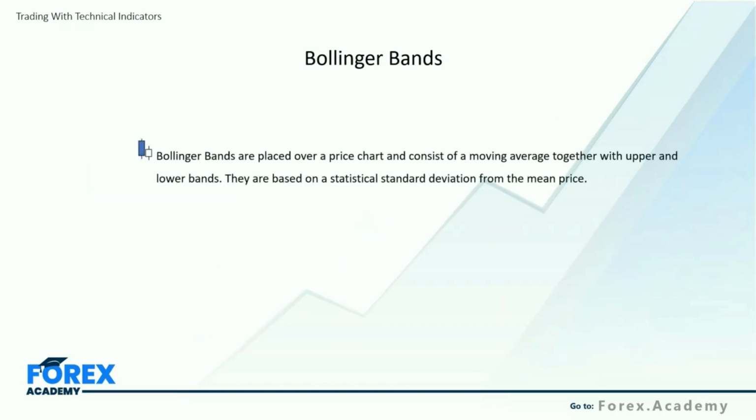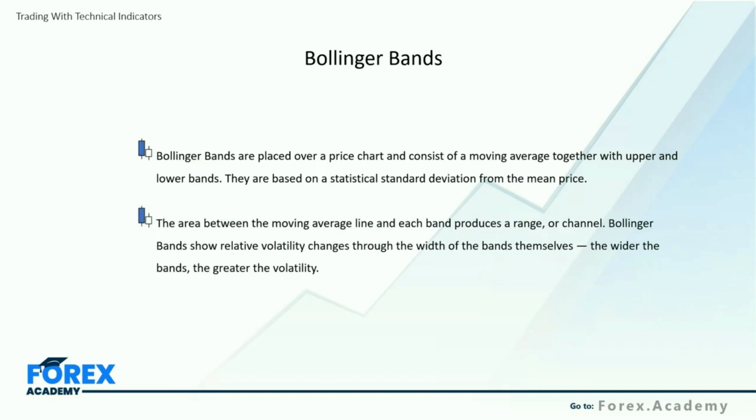Moving on to Bollinger Bands, we know that they're placed over a price chart and consist of a moving average together with the upper and lower bands. They are based on a statistical standard deviation from the mean. Now, what does that mean? Well, the area between the moving average line and each band produces a range or a channel. Bollinger Bands show relative volatility changes through the width of the bands themselves. The wider the bands, the greater the volatility, and obviously the thinner the bands, that's indicative of much less